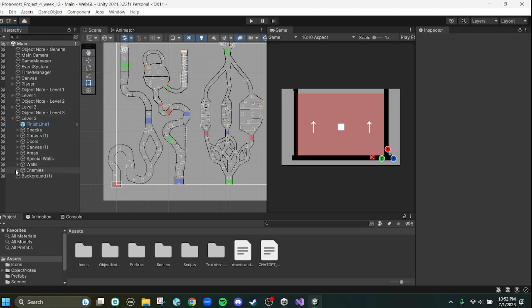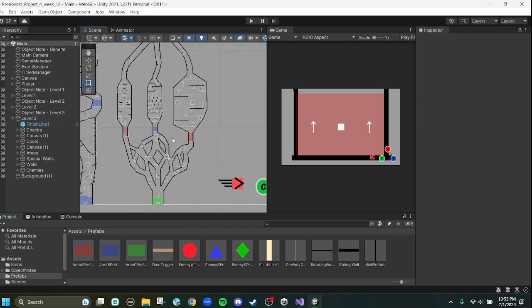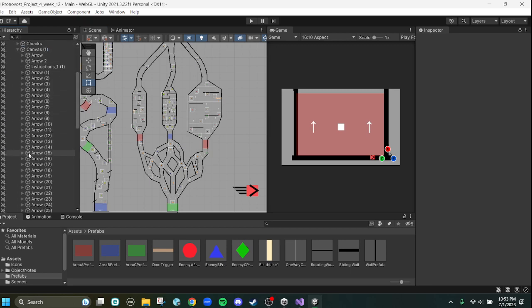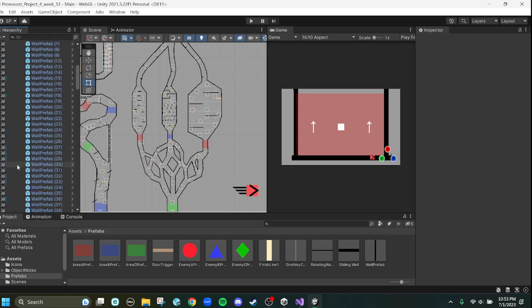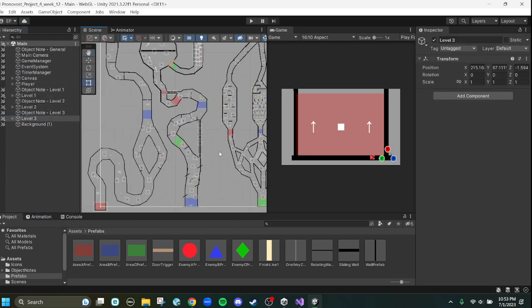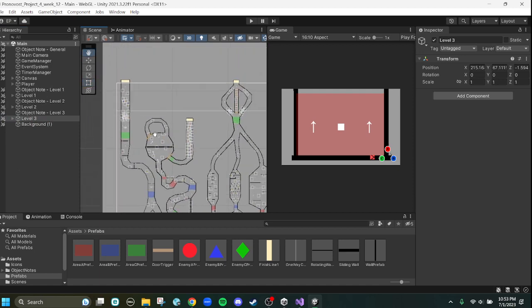I know there's a lot of me using prefabs, like copying, pasting prefabs over and over again. So you can see in level 3 here, everything here is inside this empty object, kind of like a folder. And then, every time I made an arrow, or instructions, or those zones that change your state, all of the walls and all of the enemies, they're all sectioned like that for every single level. So, there's an easier way to do this, I'm sure, and I could have done tile mapping,